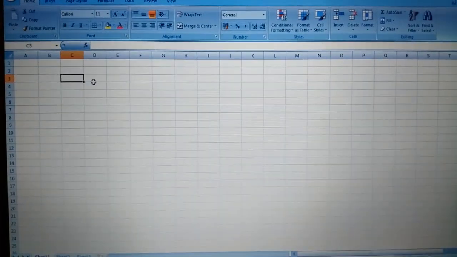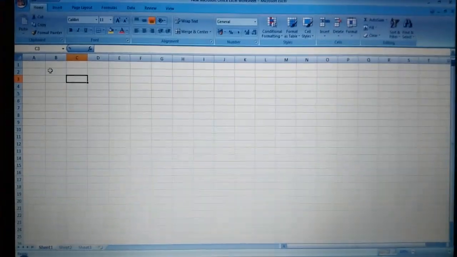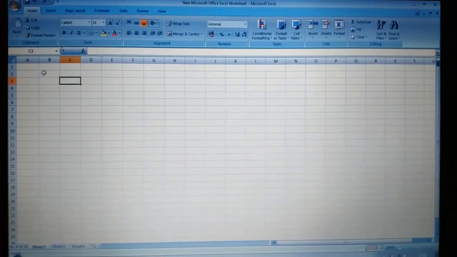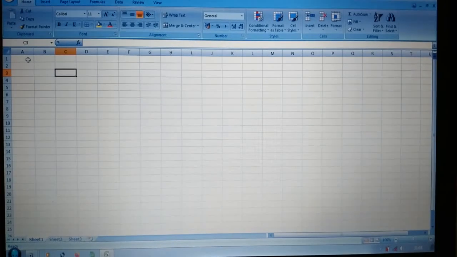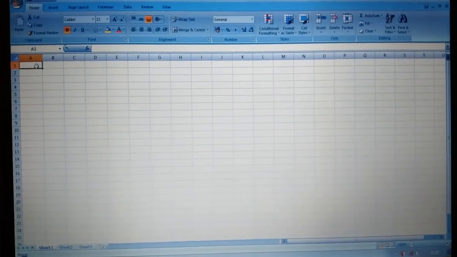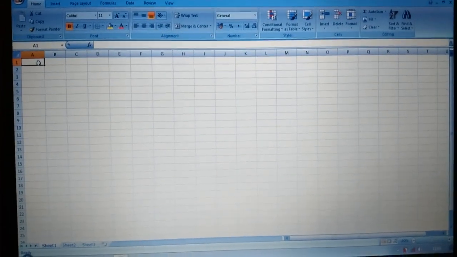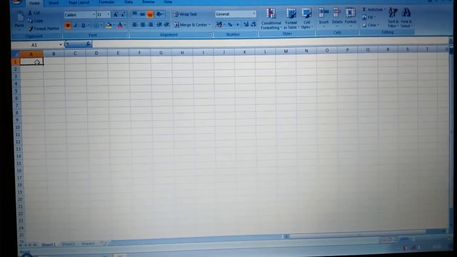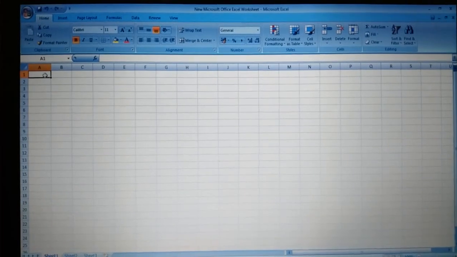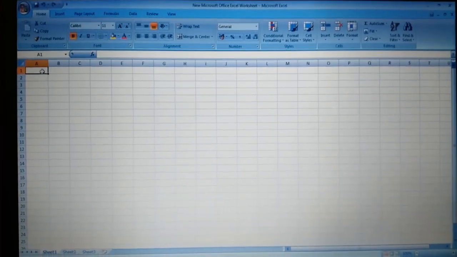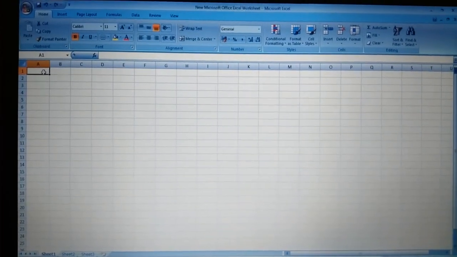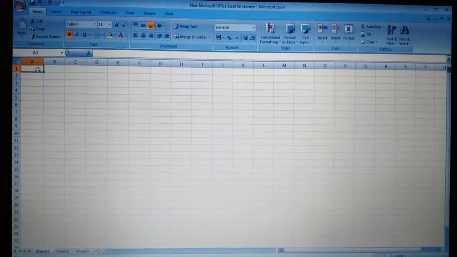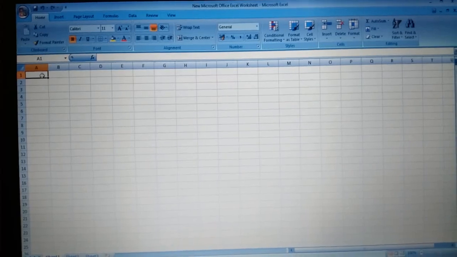Okay, let's start our sheet. As I have told, we need some input to prepare a sheet. We are going to calculate the percentage of students, so we need inputs like name of the student, roll number of the student, secured mark, and full mark, and another column, the percentage column, where we are going to calculate the percentage.